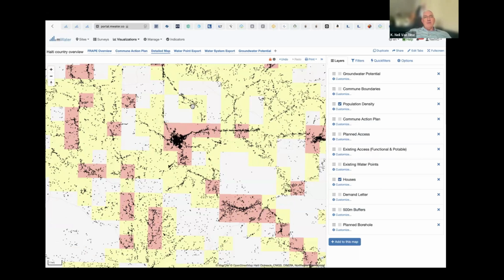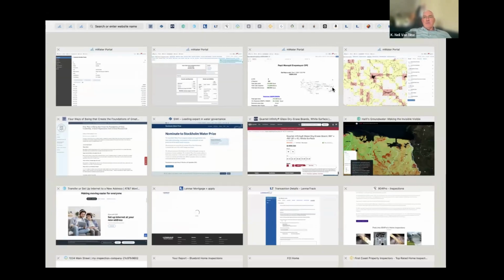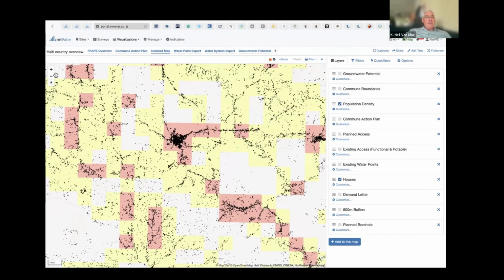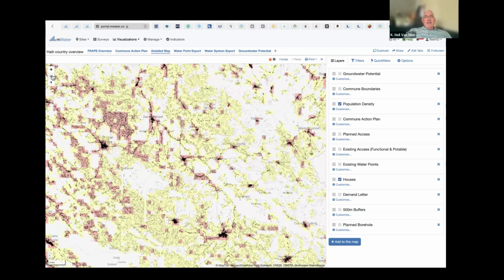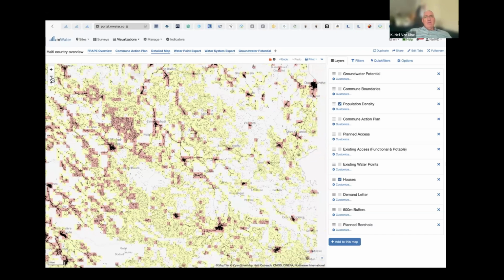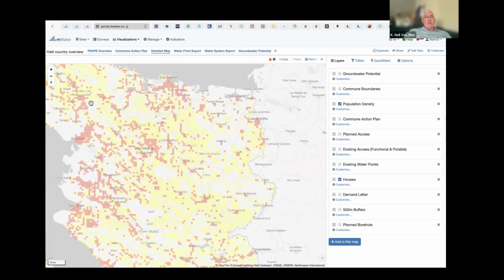The yellow is between 25 and 100, and the white is fewer than 25 houses. So when you look at the country, 94 or 96% of the houses fall inside a red or a yellow square. All the white together is 4% of the country.